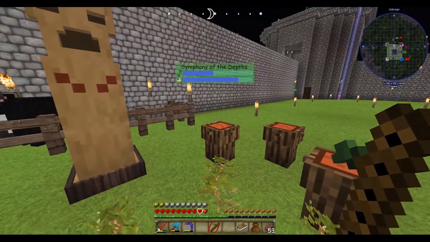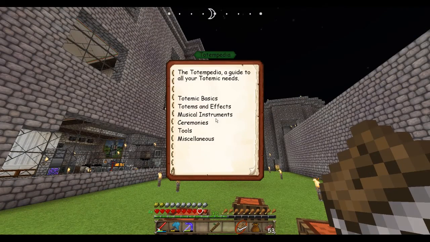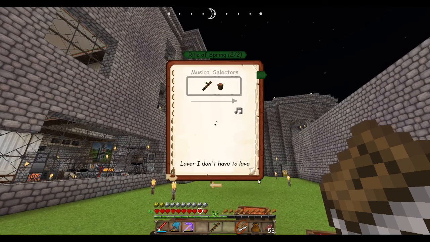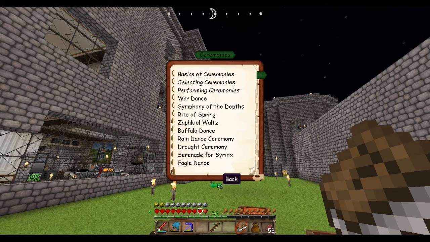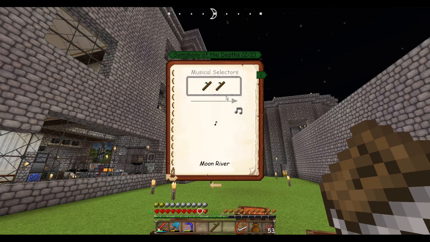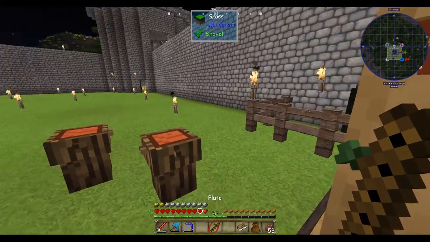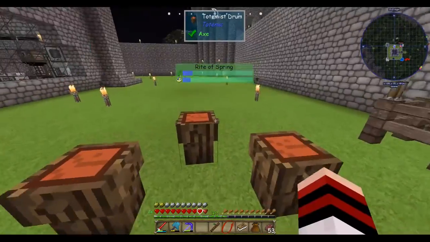Come on, cancel so we can try to do this serenade of the thing again. I had the same problem with... So we're trying to do the Rite of Spring, which is flute and drum. Symphony of the Depths is flute. Oh, it's registering that I'm hitting the flute twice. I see. So, flute, drum. And then I can...